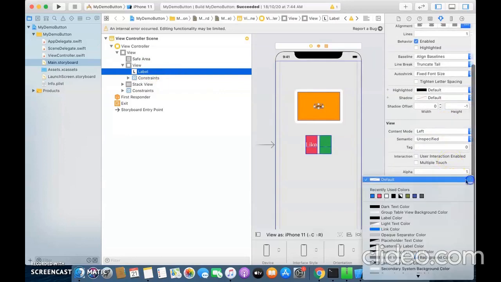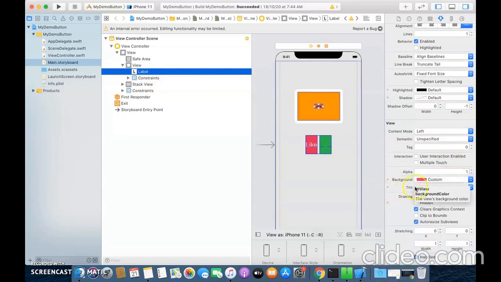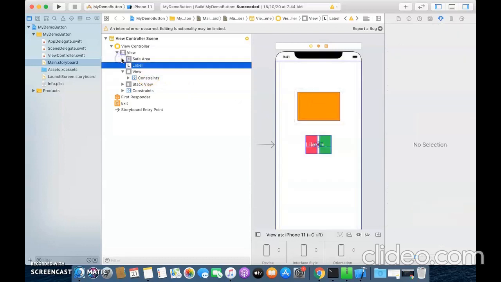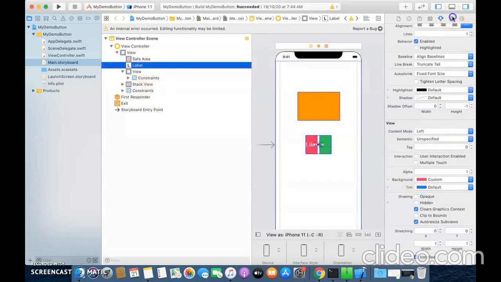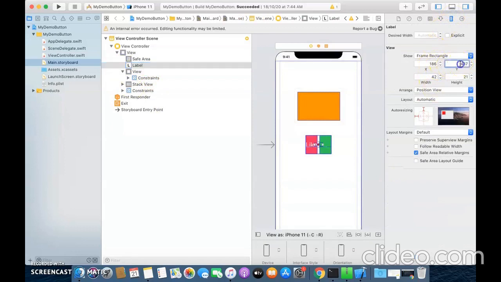Coming to that, let me put the label outside the view so it will be more clear to you. Let me just put it below here, over here. Now we have to provide constraints for this UI label.